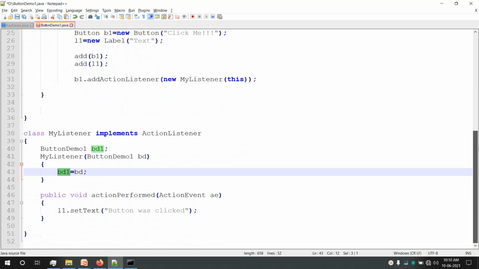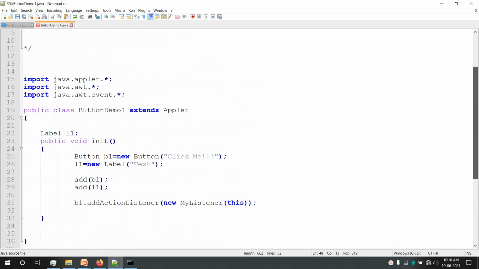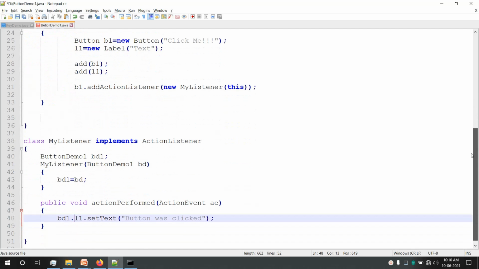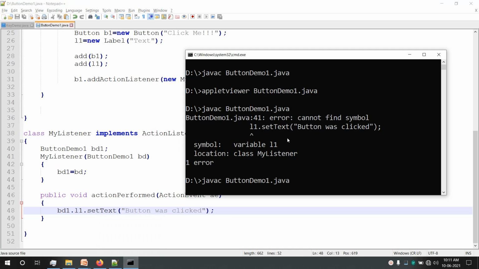So once we have a reference of the class button demo1, by using that reference, BD1 dot L1 means, that simply means button demo1 dot L1 dot set text is equals to button was clicked. Okay, and if I compile the program,